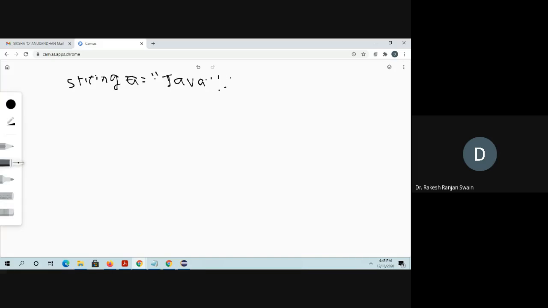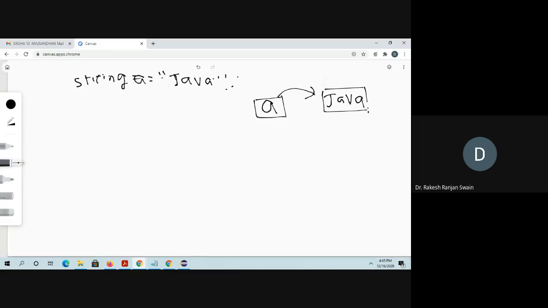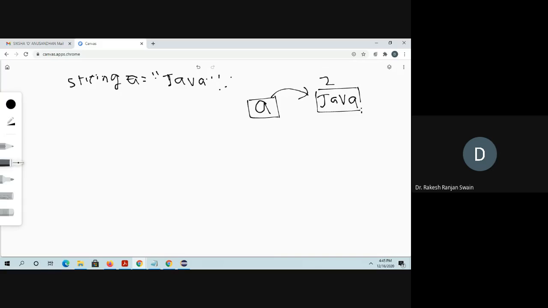So what happened here? A memory location is created which will store the value Java. Suppose the memory location is 2000.